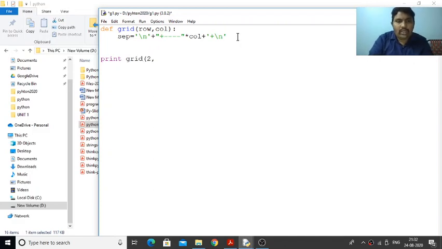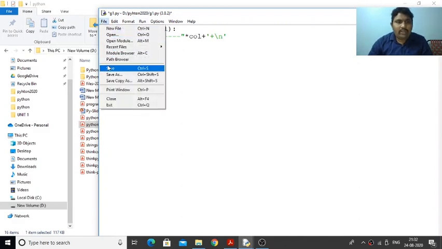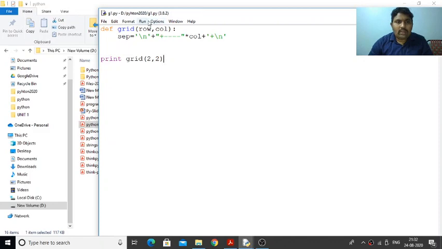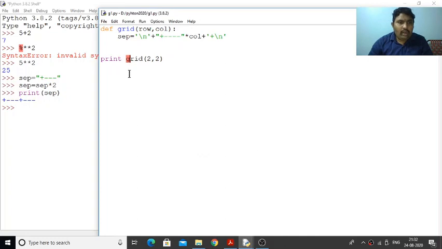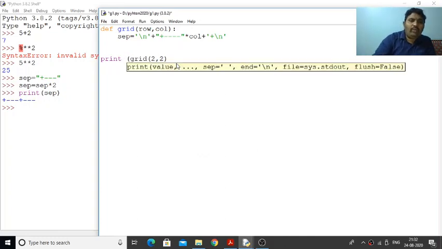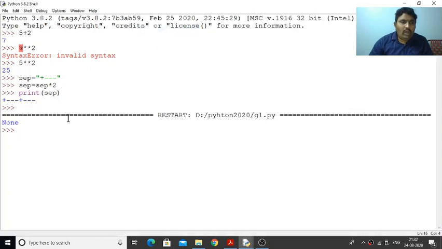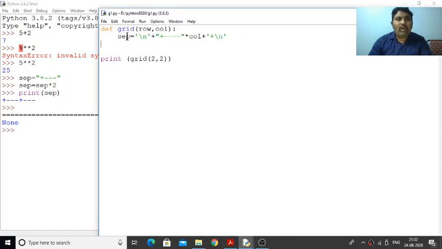First of all we execute this script, then we will see what is going to happen. We are passing it. Now we save the program and run it to see what output we get. Sorry, here we need to put the brace. Again save the program and run the module. Now it is printing nothing. The problem is that we are not returning anything, so that's why the error is generated. Now what we are going to do is return sub, just return sub.